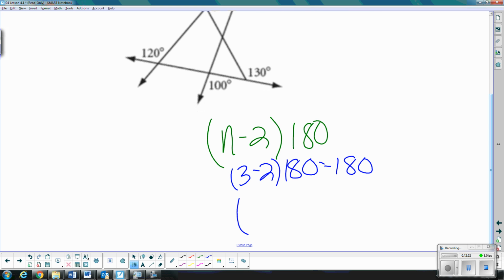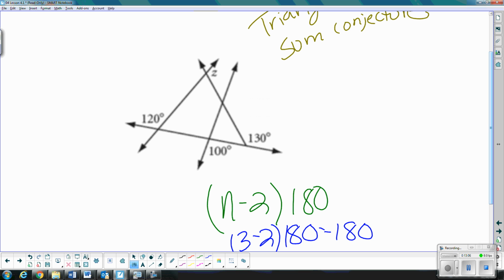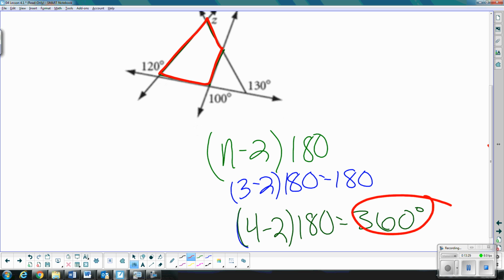With a quadrilateral, we have 4 sides. So the total degrees in a quadrilateral is 360 degrees. So another approach you could have used that does not deal with the triangle sum conjecture, but the quadrilateral sum conjecture, is looking at this, do it in red, might be a little easier to see. Looking at this quadrilateral, you know that all of those angles have to add up to 360 degrees, because it has 4 sides. So it has to add up to 360 degrees. So if we do it that way,